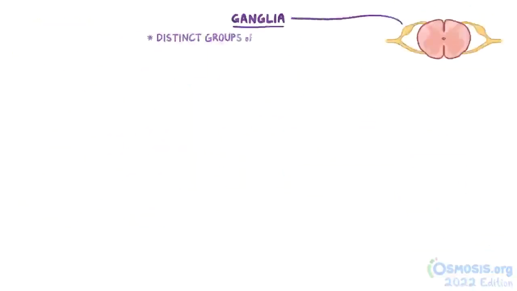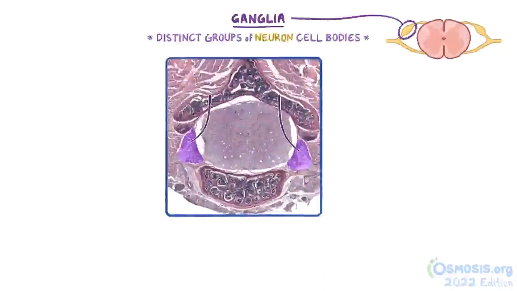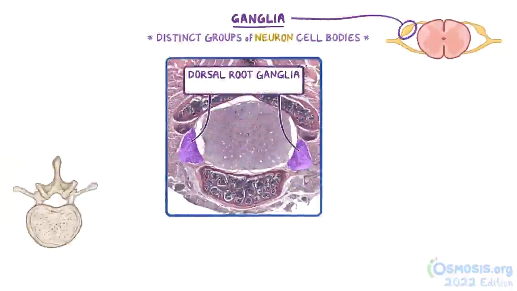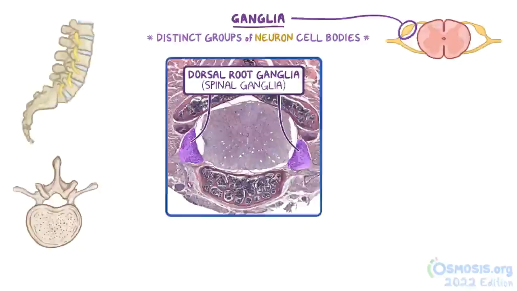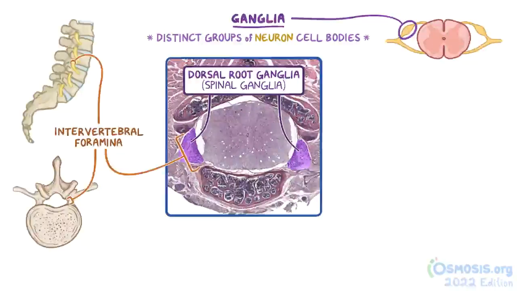Alright, let's move on to the ganglia, which are distinct groups of neuron cell bodies found outside of the CNS. This low-power image of the spinal cord shows portions of the dorsal root ganglia or spinal ganglia on each side of the spinal cord as they pass through spaces between vertebrae called the intervertebral foramina. The dorsal root ganglia consist of sensory neurons, and if we zoom in a little closer, we can see that